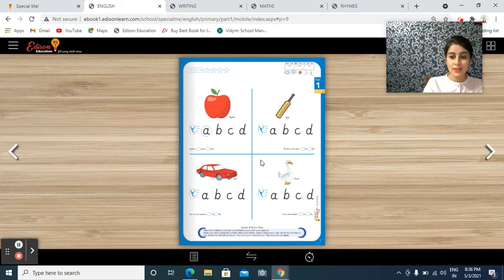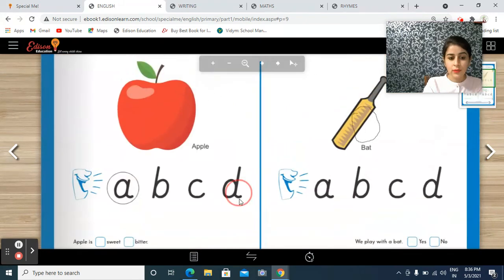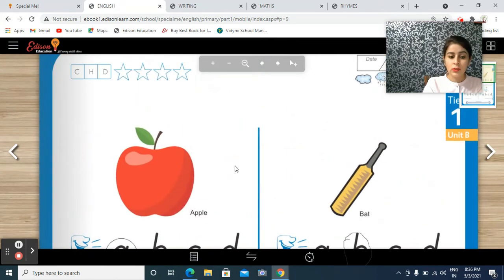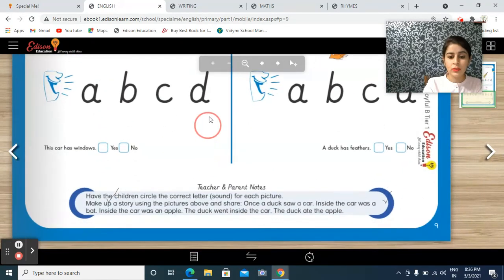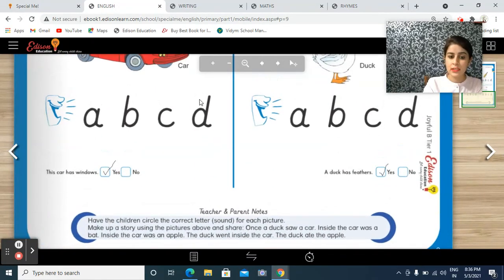story. So this is how we want the kids to be innovative. We want that they should not cram things. Basically, cramming should not be there. They should learn in a fun manner, and they should have innovative learning. So this is all about A, B, C, D, and this is a very important part.